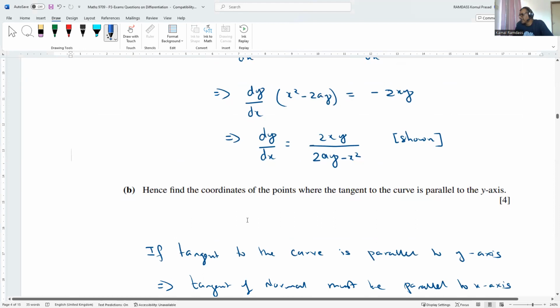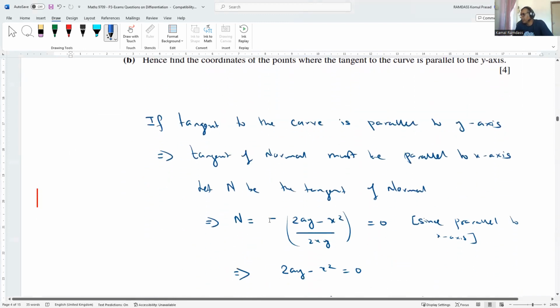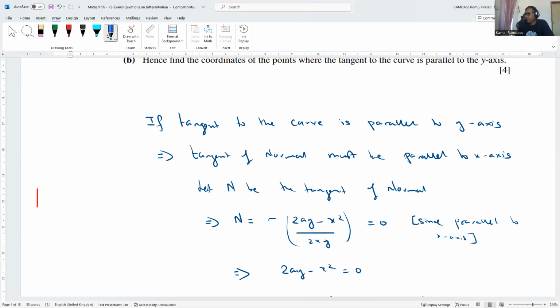Hence, find the coordinates of the point where the tangent to the curve is parallel to the y-axis. Bon, là, nous avons un raisonnement, et il est préférable qu'on écrive un raisonnement là. OK, if the tangent to the curve is parallel to the y-axis, ça veut dire là,